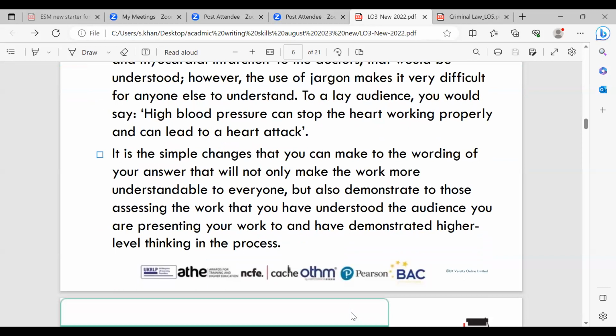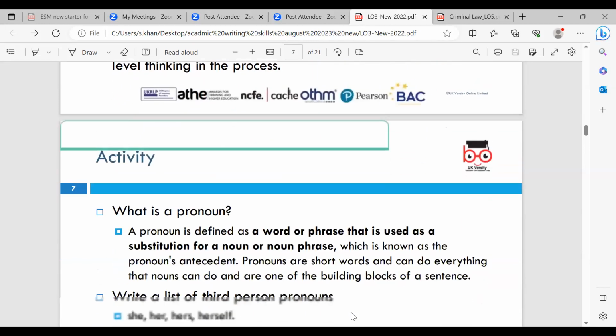For example, if I'm talking about domestic violence, does everybody know what domestic violence is? Yes. Okay, but if I'm talking about it to someone who doesn't understand the law around domestic violence, will they know? They won't know, will they? If I'm talking to people that understand the concept of it, then they will know about it. So your language is really important, what you use and how you use it as well.